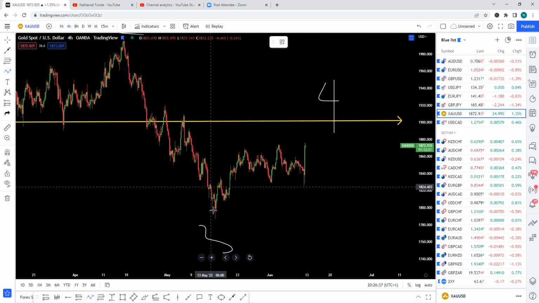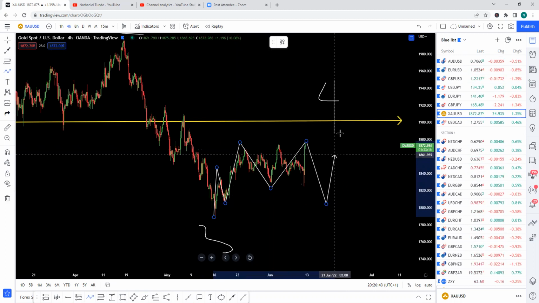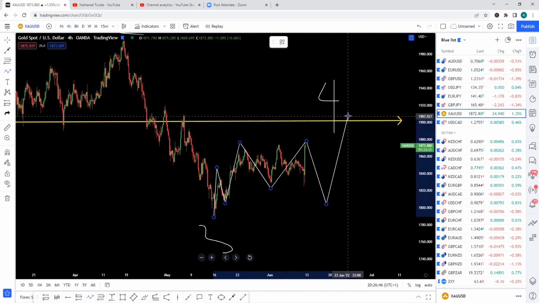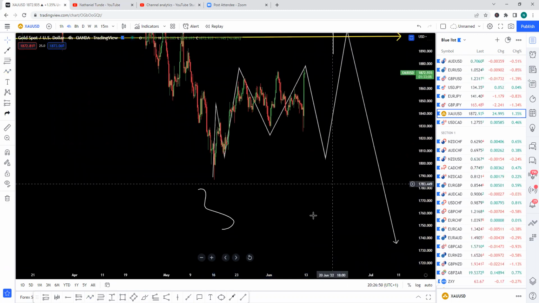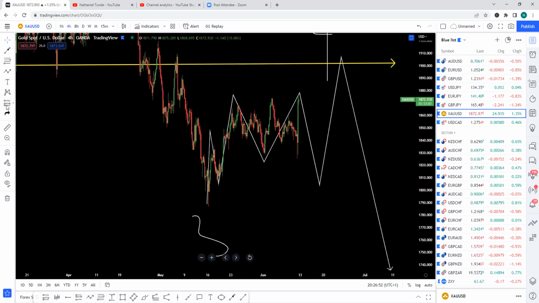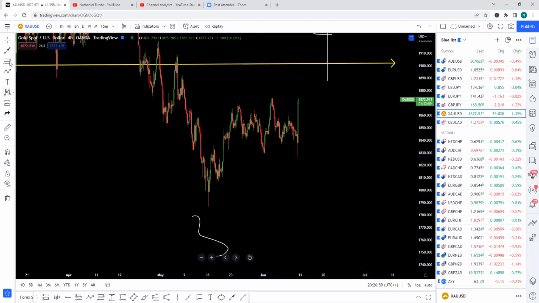Okay. So in that case, we have 1, 2, and 3. We have 1, we have 2, we have 3. Then you have this move. From there, you have the move to the downside. You get it? Exactly. Because in that case, what we have to do right now, real quick, guys, we have